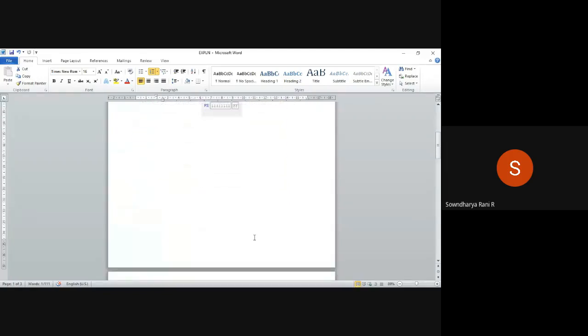I'll write the program in the Word document and then copy it to MCU, since it is not visible in MCU. Have you heard of the instruction SETB, set bit? What this instruction does is set port 1 zeroth bit. That is SETB P1.0. This is for the positive cycle. I am setting bit 0 of port 1.